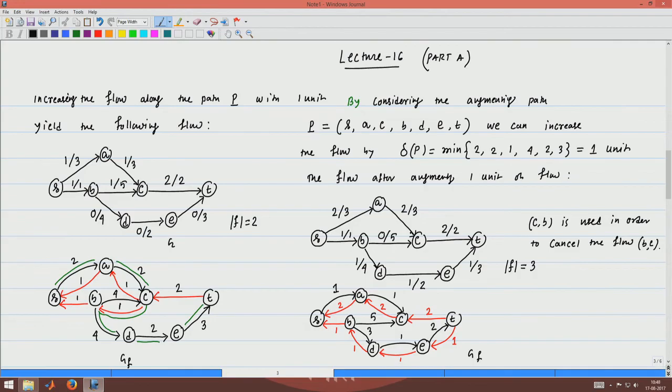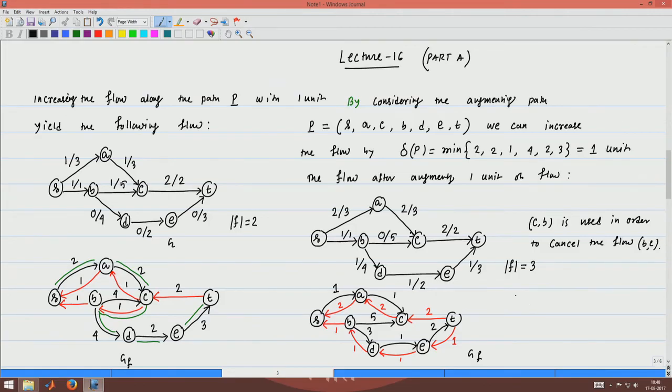From S you can go to A and then C, and then from C you can't move to T, and you can't go to B. So, it is clear that there is no path from S to T in this